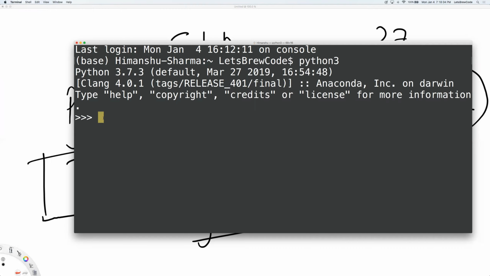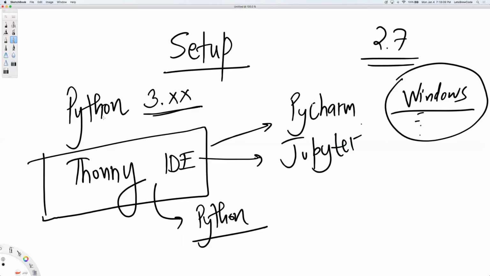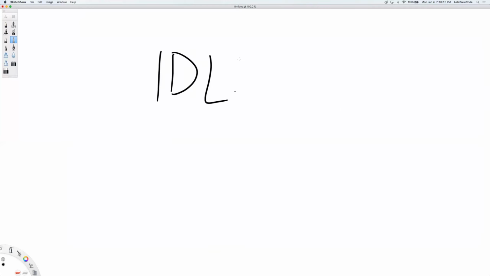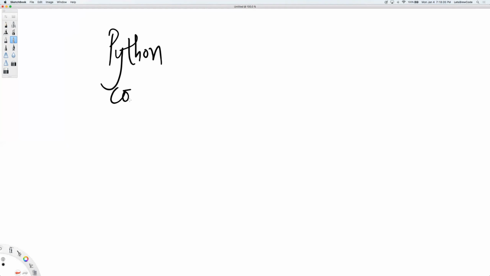Also, once you install Python, Python comes bundled with a program called, let me show you, it's called IDLE. Okay, so you can open this program and then this becomes an interactive shell to talk to the Python engine. Okay, the Python code, once you write Python code in any file,